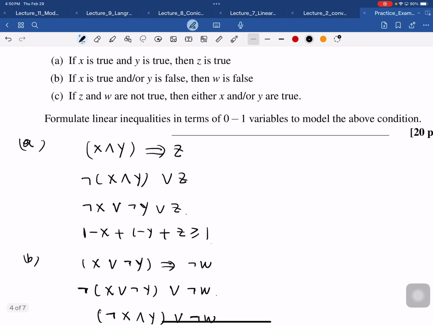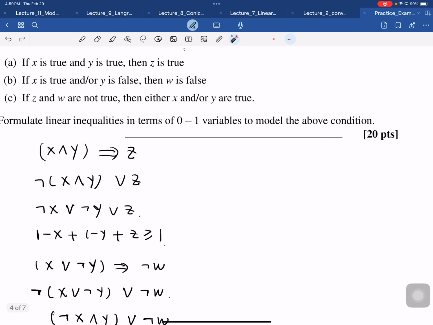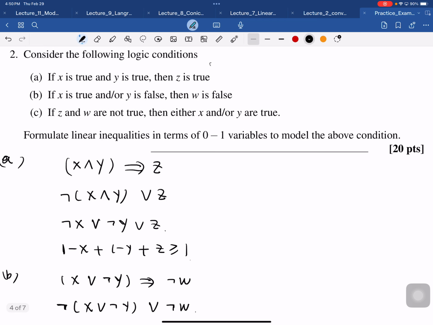It says if z and w. Okay, maybe let's start a new column here with problem C. If z and w are not true, then either x or y. Maybe let's just change it to "or" here to avoid confusion, then either x or y are true, right? So that also contains an implication, right? So if